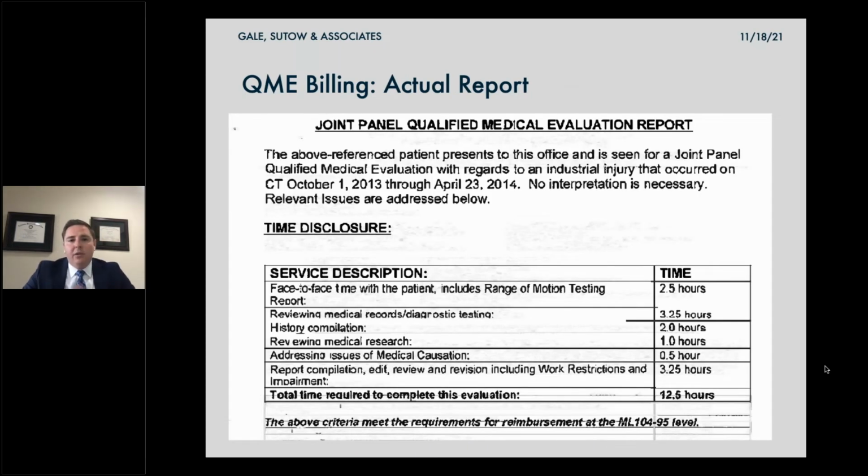So here's a sample of actual billing that I had received from a QME. You probably look at it and say, hey, that's not that crazy. It seems like relatively average billing we might receive. I mean, 12.5 hours, relatively high. 3.25 hours for reviewing medical records, and 2 hours for history compilation. Normally you'd say that sounds about normal, maybe on the higher side, but